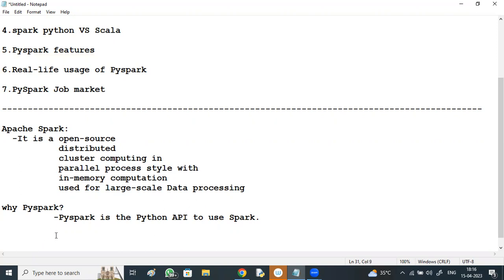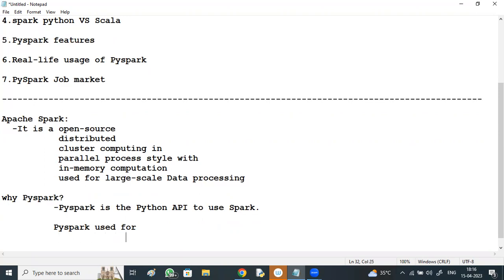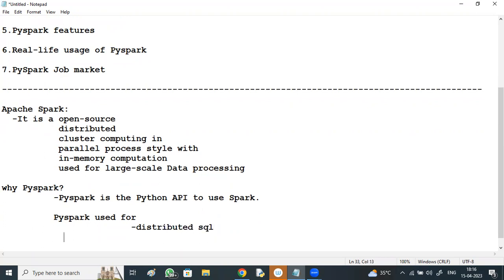Just observe this. PySpark is used for distributed SQL, for creating data pipelines. Spark is a data flow language. Data flow means a sequence collection of data operations, so the output of one is given as input to the next.